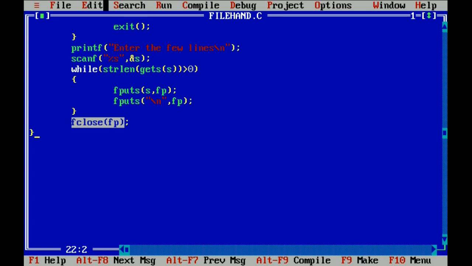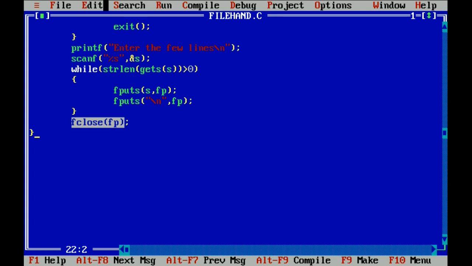Now after creating a file, I am going to compare if the file pointer is null. It will display the message, this file cannot be opened, and exit. It will call the exit function from the library and exit the program.